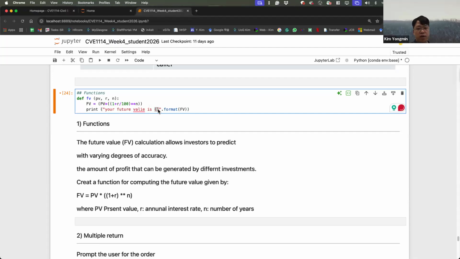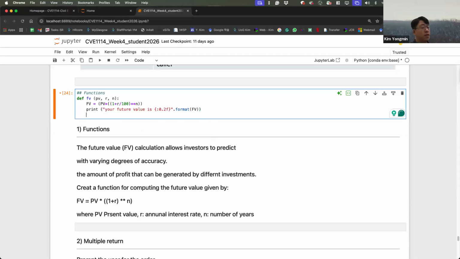For this future value I specify zero space, 2 decimal points. Then return FV and round up.